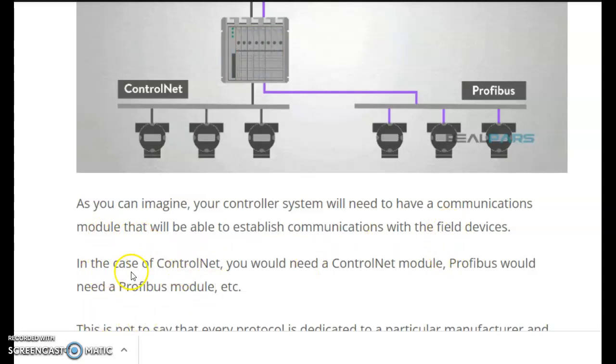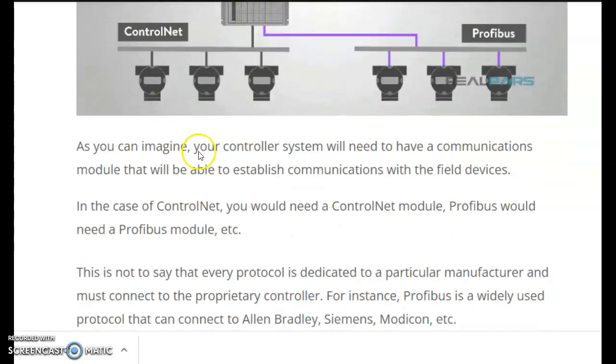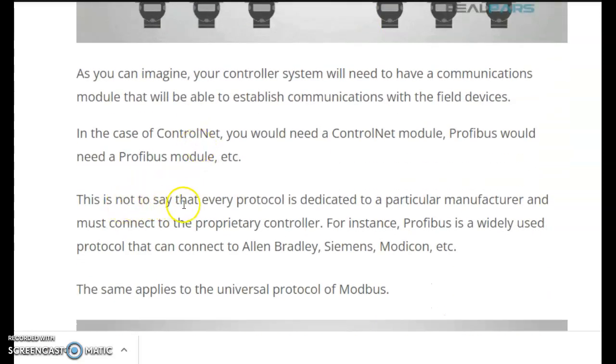In the case of ControlNet, you need a ControlNet module; Profibus would need a Profibus module. This is not to say that every protocol is dedicated to a particular manufacturer and must connect to the proprietary controller. For instance, Profibus is a widely used protocol that can connect Allen